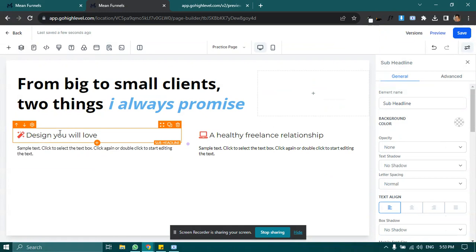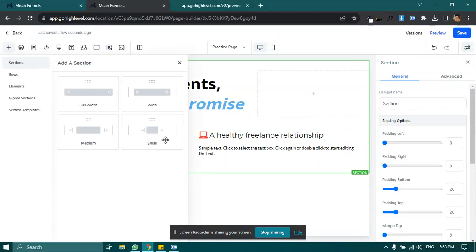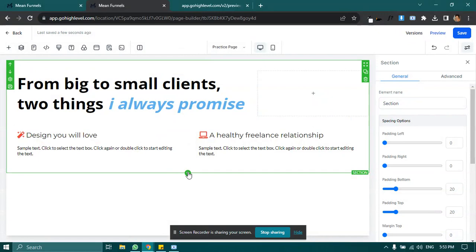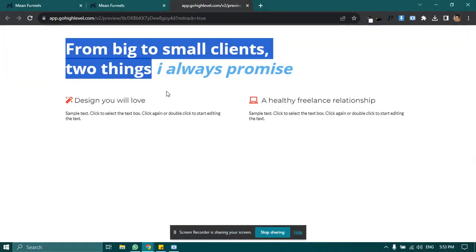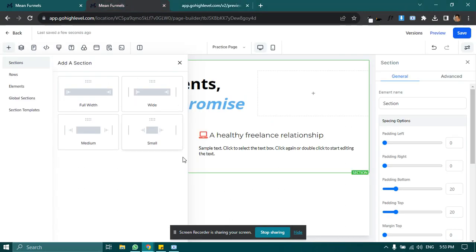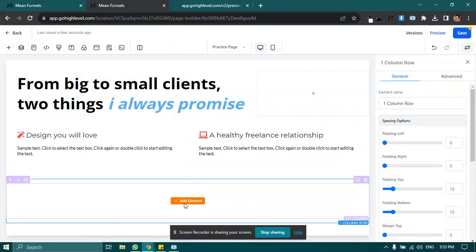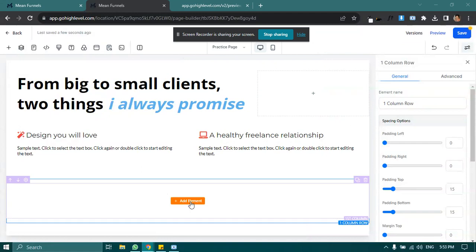Today we will be discussing GoHighLevel text element in funnel builder. So we will create something like this using our text element. So I have created a row, one column, and let me place it here, and